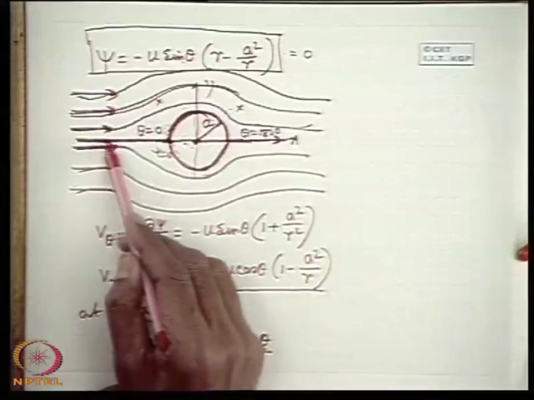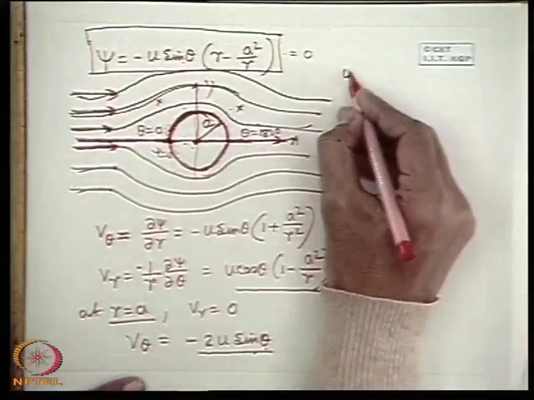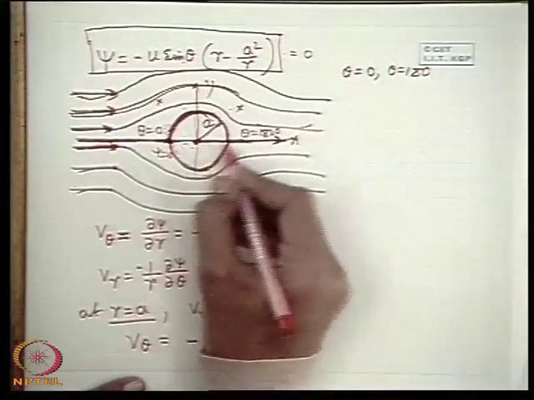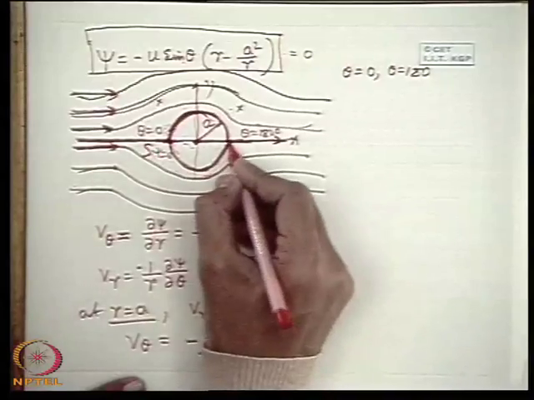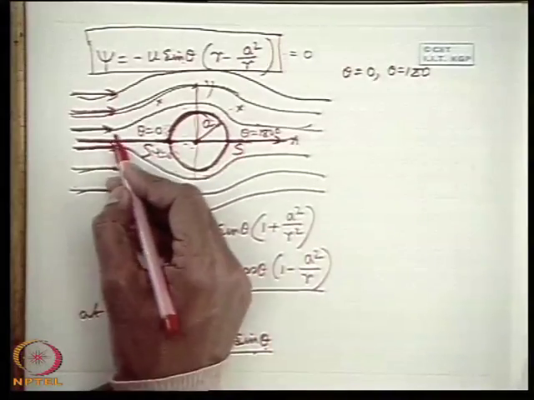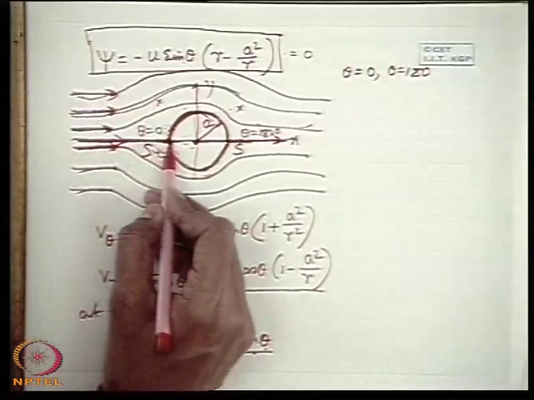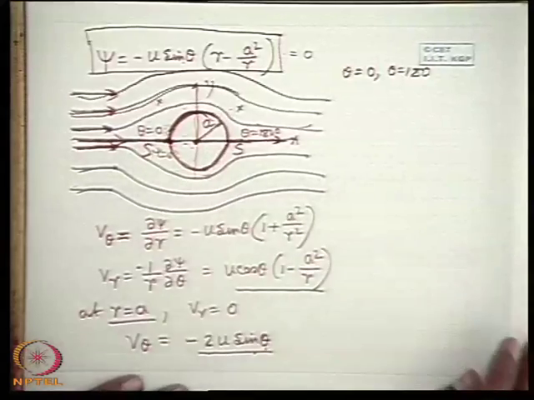So therefore the velocity field is symmetric about this axis. Now at these 2 points, theta equal to 0 and theta equal to 180 degrees, the velocities are 0, and these 2 points are known as stagnation points S. As we have discussed earlier, when a particle approaching along this line theta equal to 0 strikes this surface, its velocity is totally destroyed, meaning it is converted only into pressure energy because there is no other destruction.